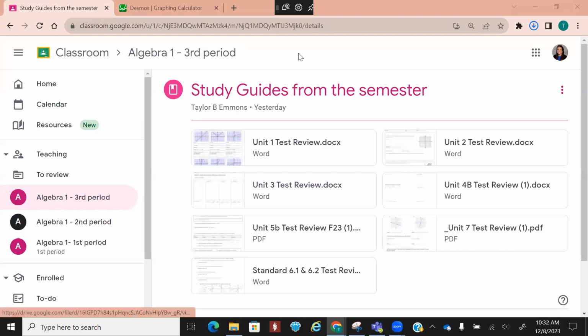What I've done is I posted all of the study guides from this semester. Somebody in my first period thought it was just from this quarter or from this unit. No, it's the entire semester. Okay, so with that being said,